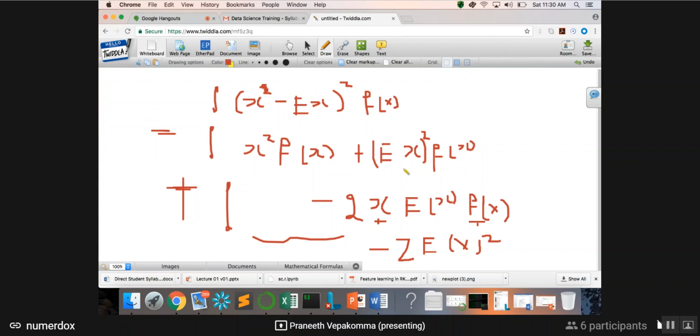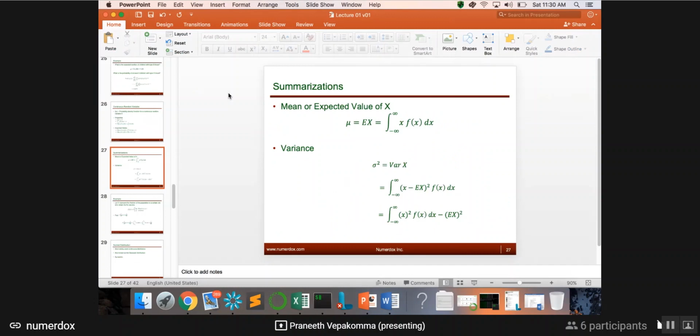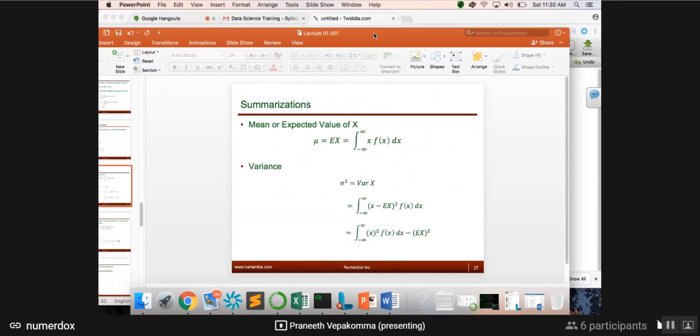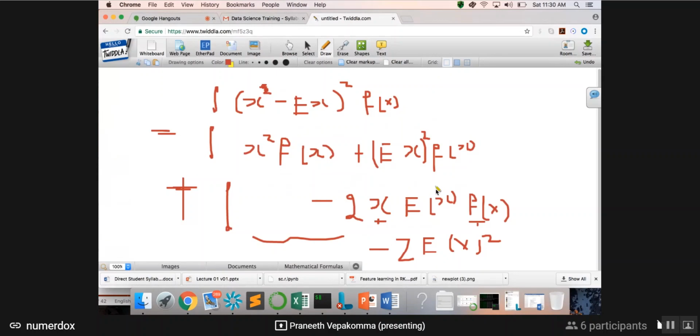We can keep going like this and see what is left, so that we can decompose the rest. So x squared f of x dx, as we saw before, is this term, so we're not bothered about that. That's already in. And then all we have is negative expectation of x whole square. So what's going on is exactly this. This is negative 2. This is plus expectation of x, because this is the quantity that is exactly equal to expectation of x whole square. Do you know why this is equal to expectation of x whole square?